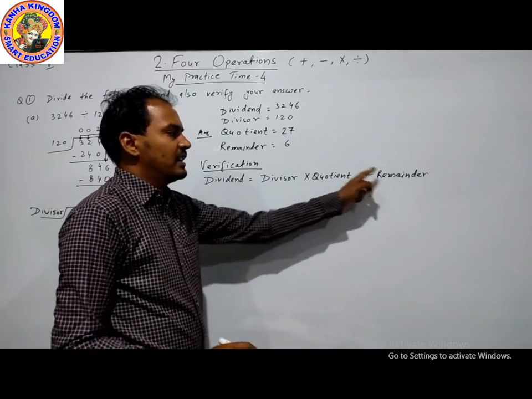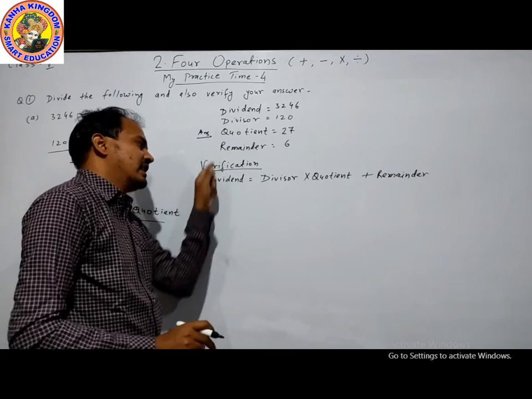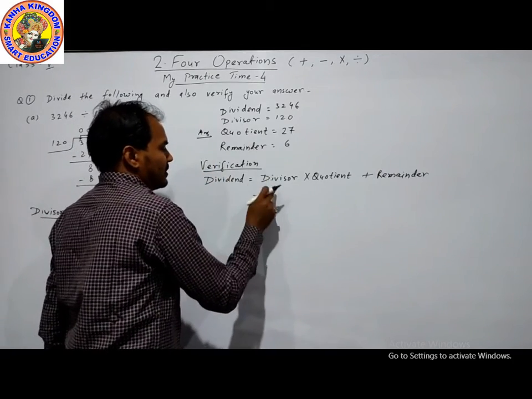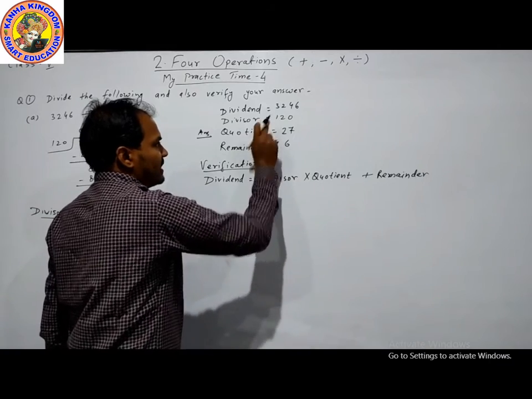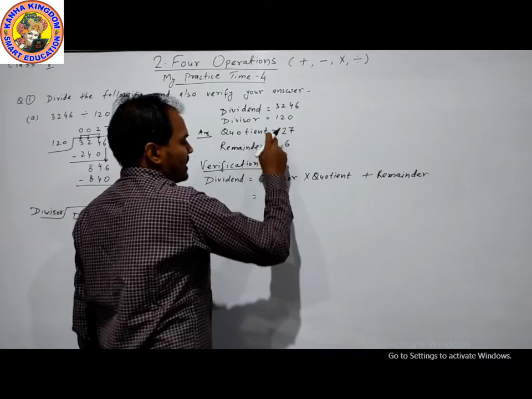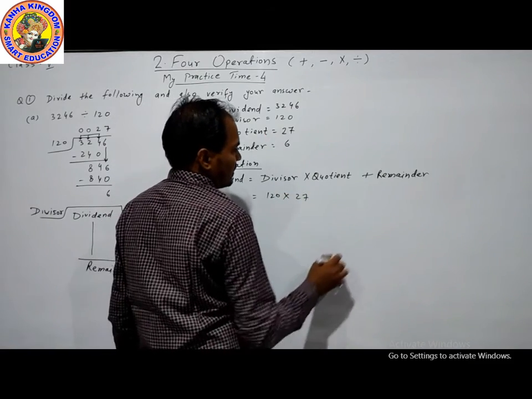Divisor into quotient plus remainder, the solution is equal to the dividend. So we will place the numbers. The divisor is 120 into quotient 27 plus